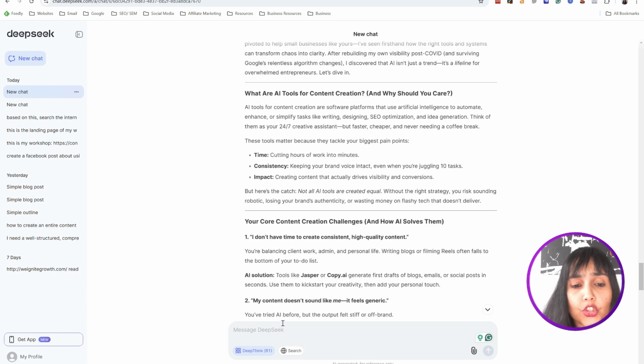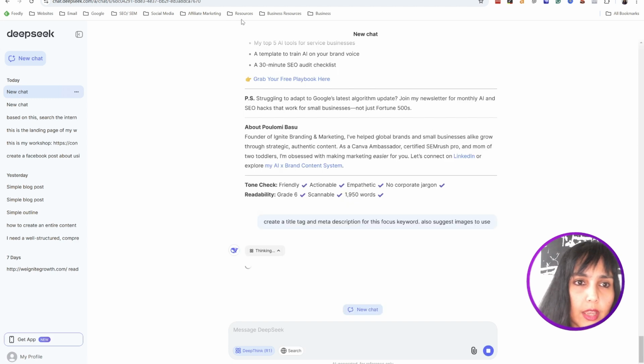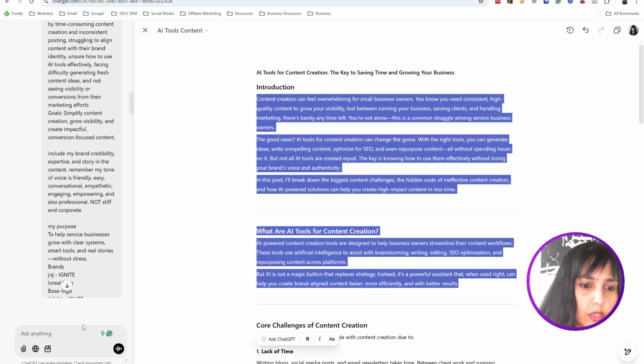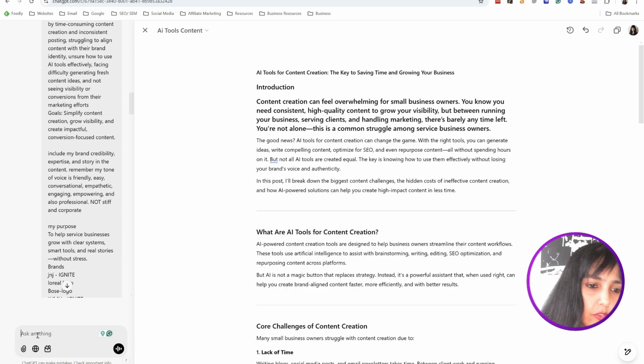You can also ask it to create, let me see if it works here because the server is busy, a title, tag, and meta description for this focus keyword. Also suggest images to use, right? I do it here, and I also do it here. Oopsie, I replace that because it's fixed to canvas, so I have to deselect it first.